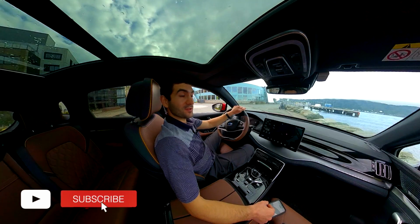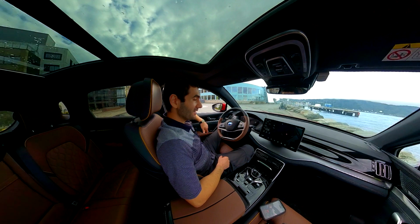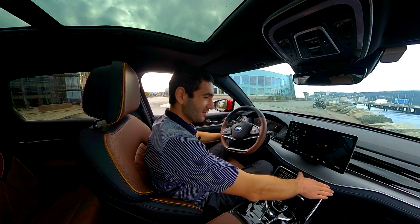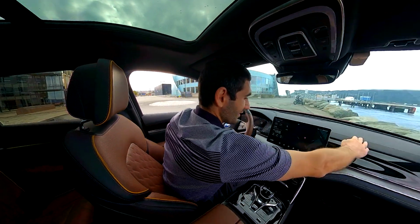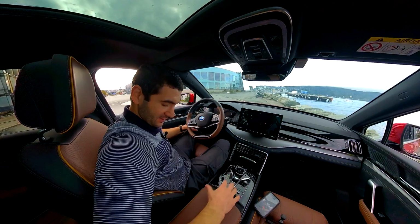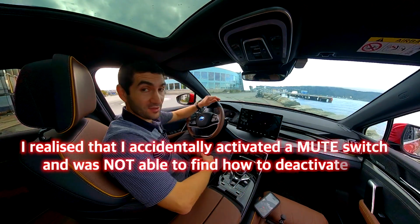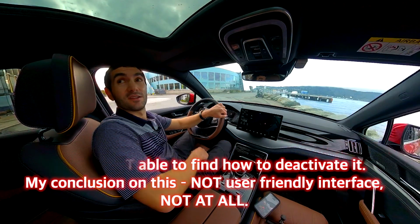So my first impressions after driving 10 minutes in this BYD Tang, I would say I'm not really impressed. The Chinese made a quality interior. You have a combination of some aluminum and leather and some kind of soft leather Alcantara. You have heated and ventilated seats. You have a premium audio system, which I cannot turn on after several times trying. You have a sunroof,